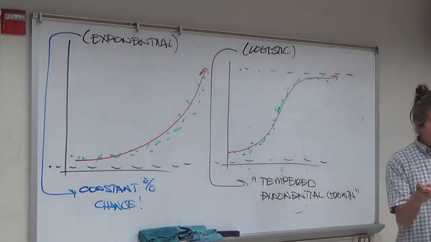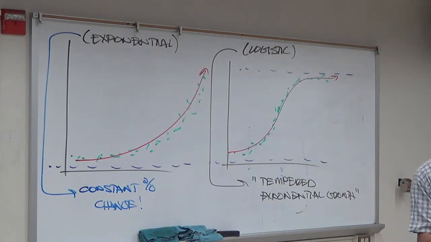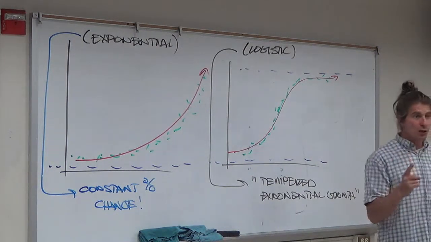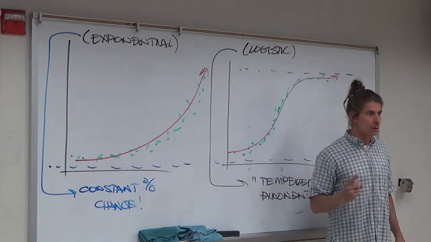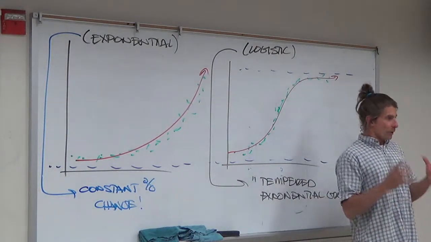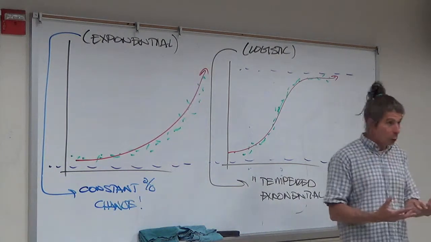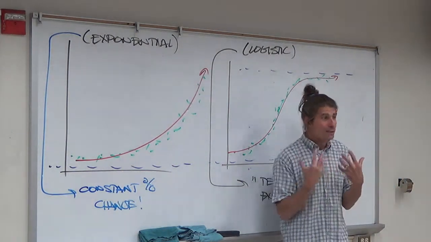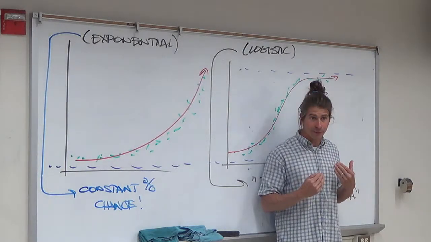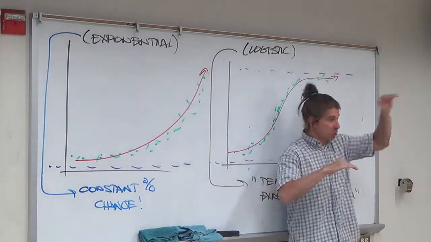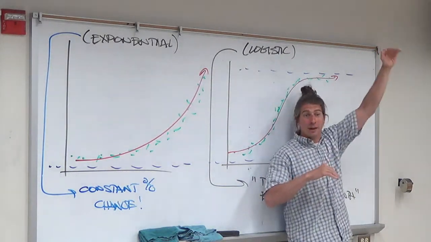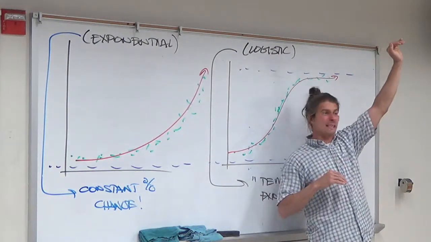Well, we're going to die. We can still reproduce before we die. But why can't we just keep doubling without bound? Resources, habitat, food, fuel, whatever. I mean, there's all kinds of resource limitations that we have. So we might be able to go from 6 billion to 12 billion. But going from 12 to 24 billion or 24 to 48 billion is a different story.